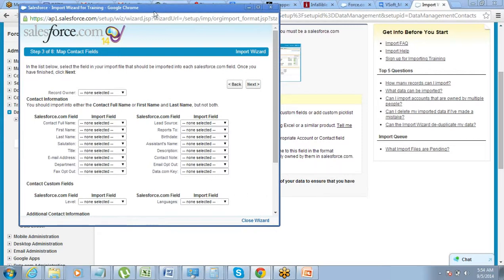Choose the file, click on next, and then comes the stage where we have to map the fields.